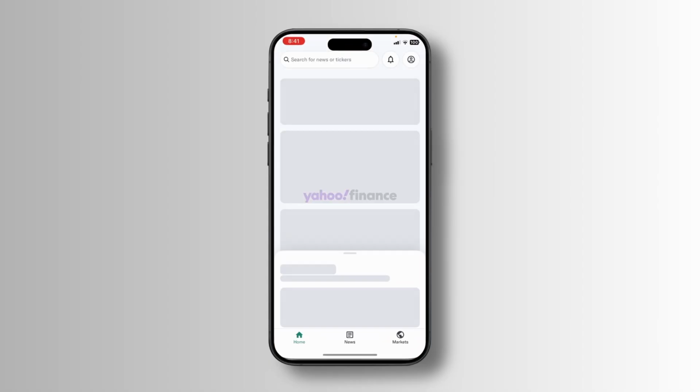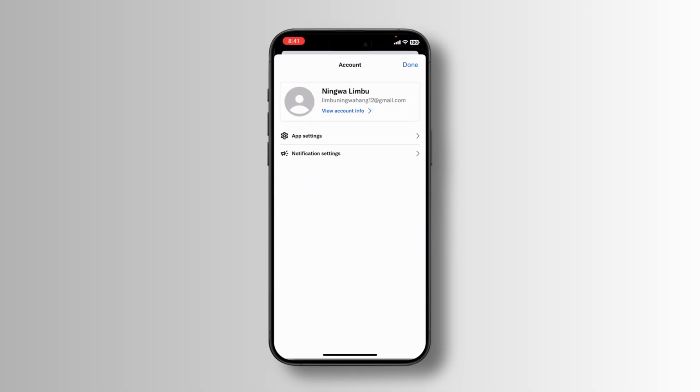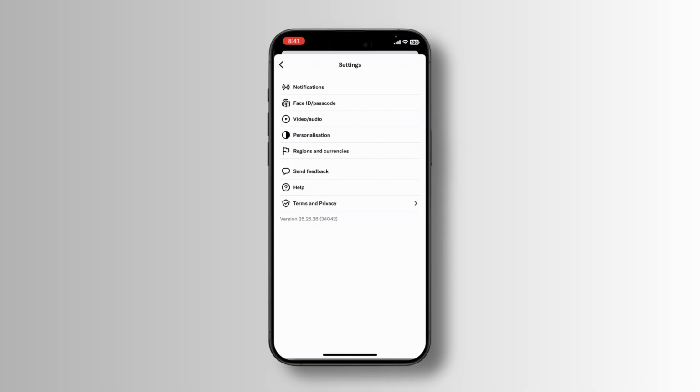First, open the Yahoo Finance app and make sure that you are logged in with your account. Now tap on the profile icon which is situated at the top of the screen. Within it, you will see app settings. Click on it. Inside the settings, you will see options like notification, Face ID, personalization, regions and currencies, help and